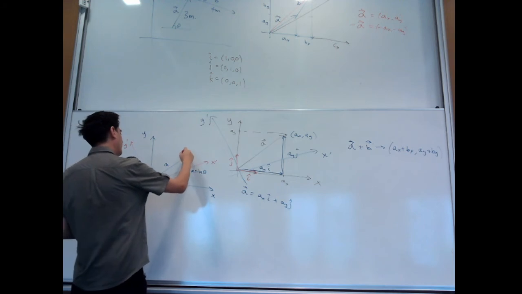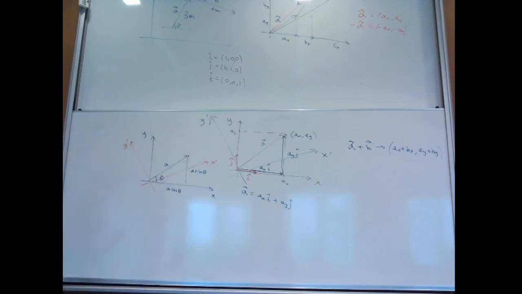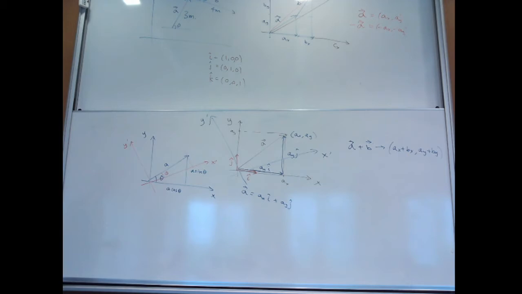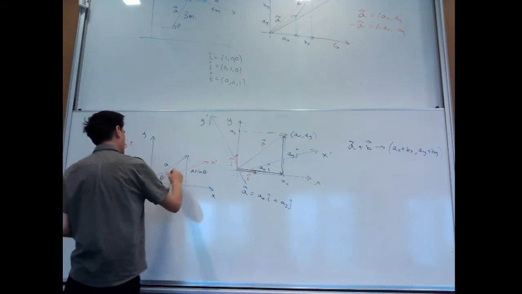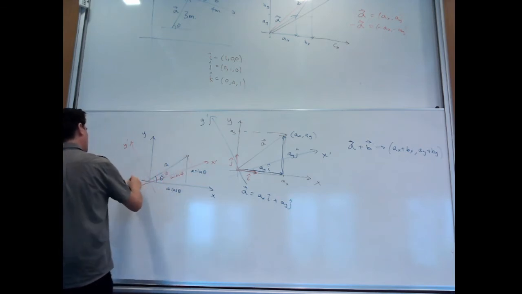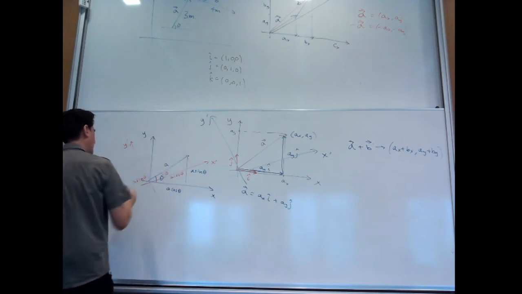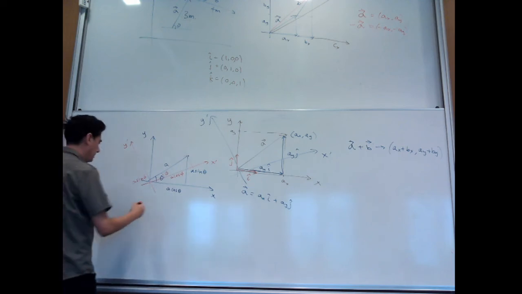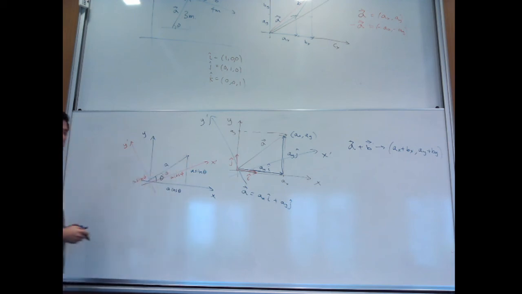So in this case, the coordinates of this one will be a different angle, which we can call phi. The length of this side will be a cosine of phi, and the length of this side will be a sine phi. But we of course know from Pythagoras' rule that if we want to find the length of this object, then